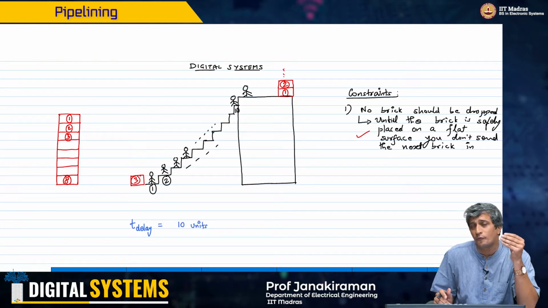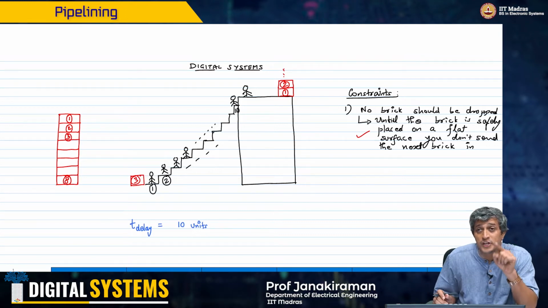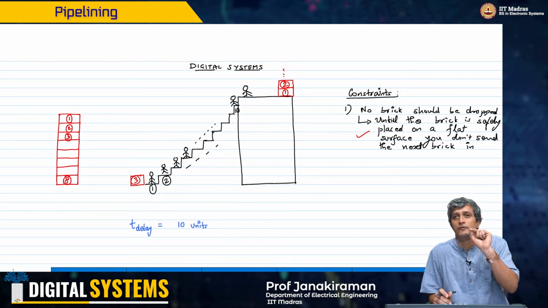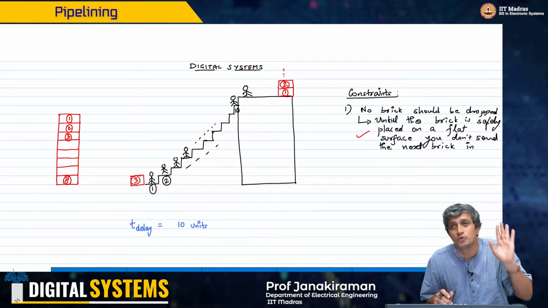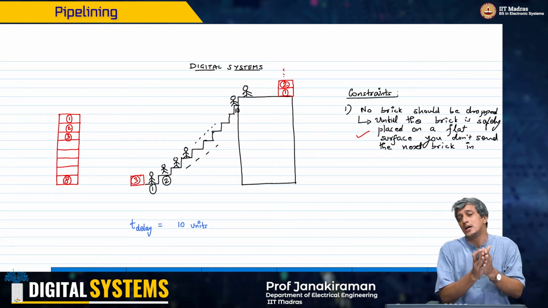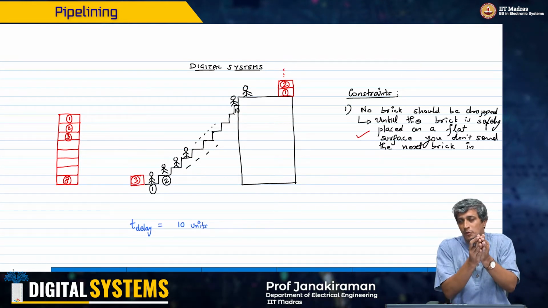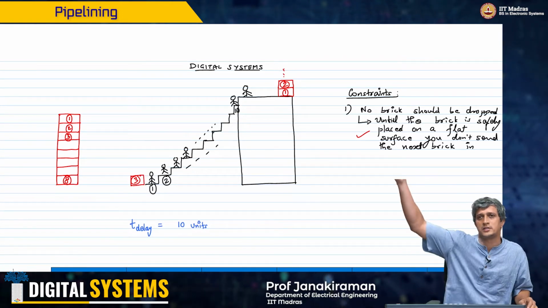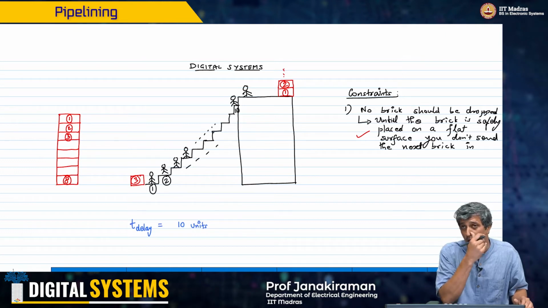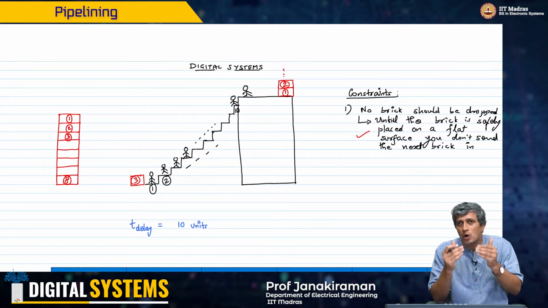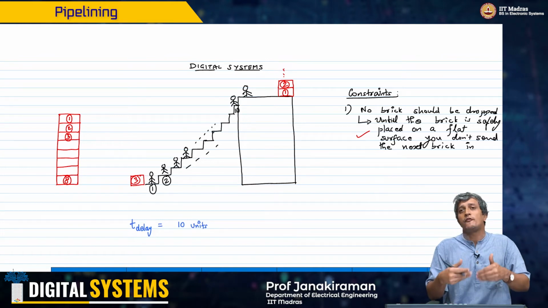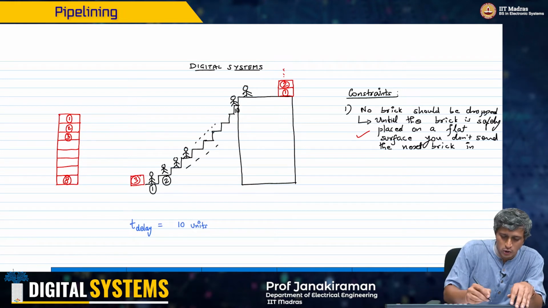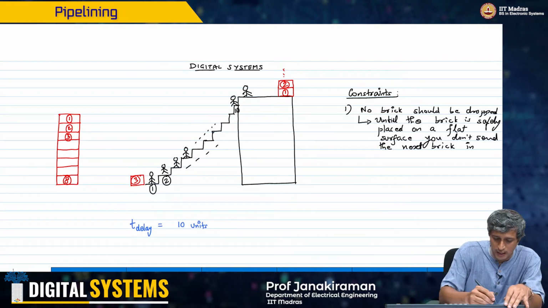So the idea of pipelining is to improve this particular number. Which number? The delay with which I can feed the next brick into this system. Like I told you, the delay incurred in taking the brick from the bottom to the top is fixed, because it has to go through all these 10 workers and eventually reach the top. However, if I ask the question differently, when can I feed the next brick? Then I can do something clever. So in order to satisfy this particular condition,